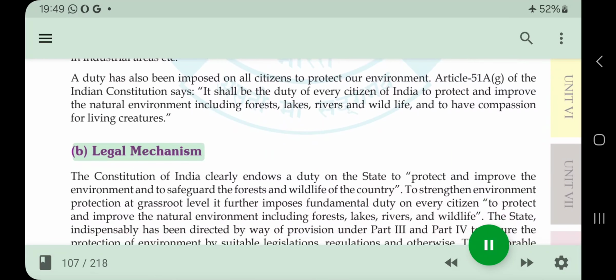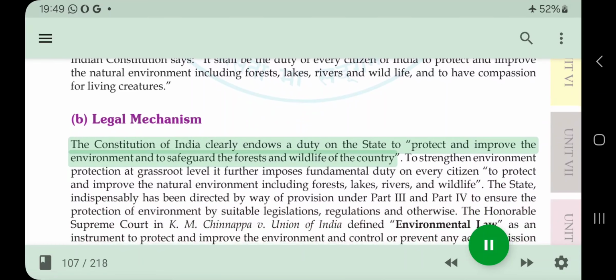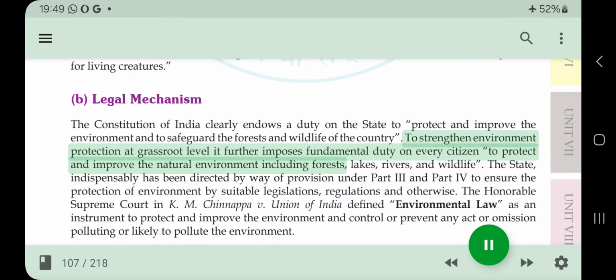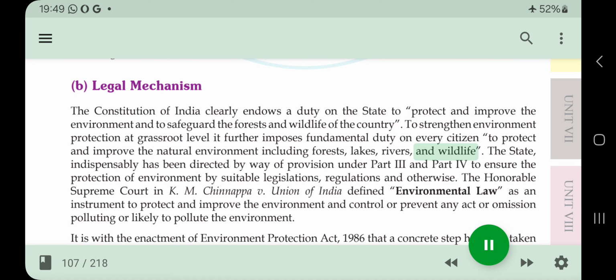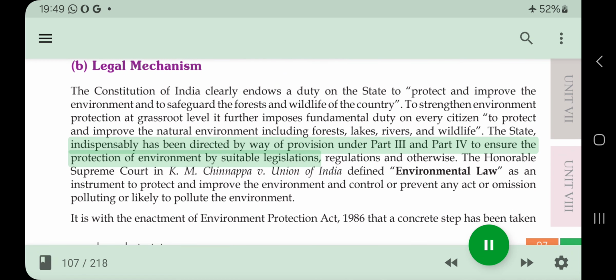B. Legal mechanism. The Constitution of India clearly endows a duty on the state to protect and improve the environment and to safeguard the forests and wildlife of the country. To strengthen environment protection at grassroots level, it further imposes a fundamental duty on every citizen to protect and improve the natural environment including forests, lakes, rivers, and wildlife. The state, indispensably, has been directed by way of provisions under Part 3 and Part 4 to ensure the protection of environment by suitable